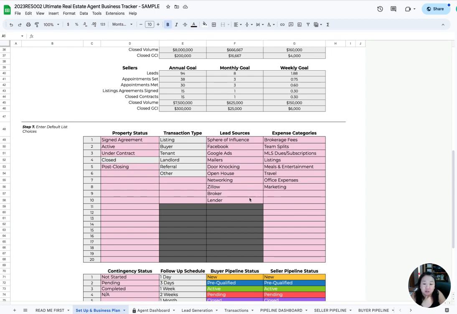You can adjust this for your business. Any kind of expense categories. If you have anything else you want to adjust, you can put it here. Again, generally the gray areas you don't want to touch because that may mess up the spreadsheet, but anything in pink, you can adjust it